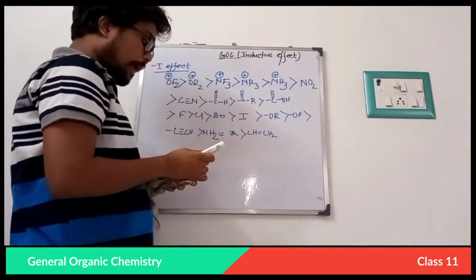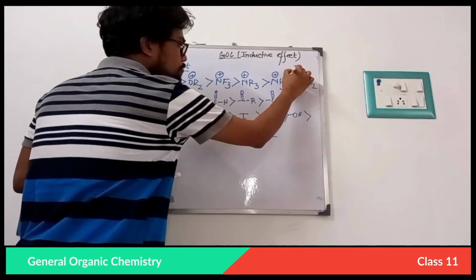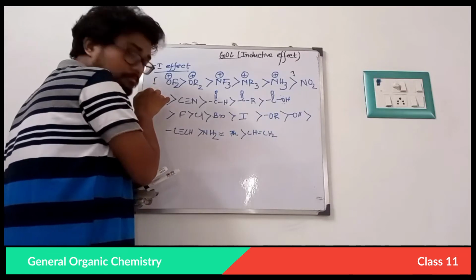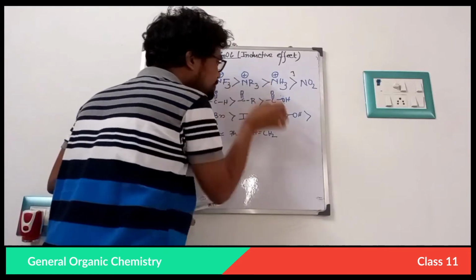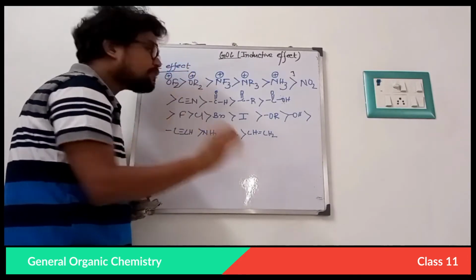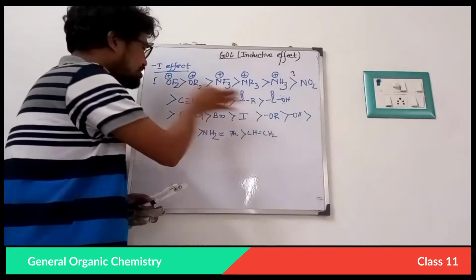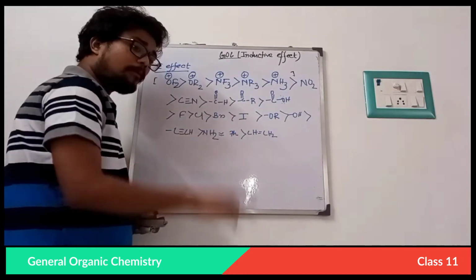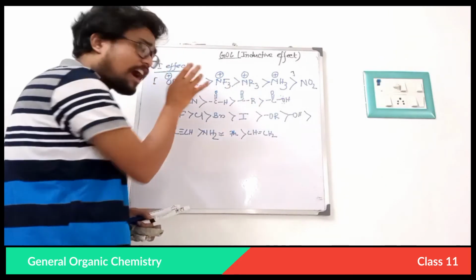First, I am comparing from here to here. Look, what is the functional group or species? OF2+, then OR2+, then NF3+, then NR3+, then NH3+. Now, oxygen is more electronegative than nitrogen. It is very clear, because oxygen is group 6 and nitrogen is group 5, and from left to right in a periodic table, due to the effective nuclear charge, electronegativity increases. So oxygen has higher electronegativity.